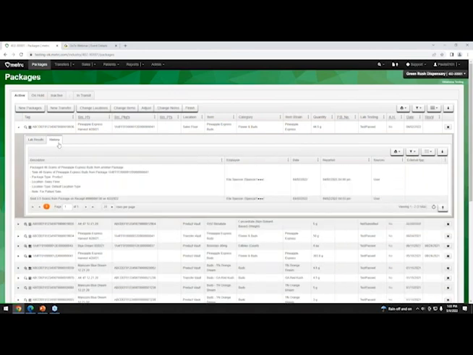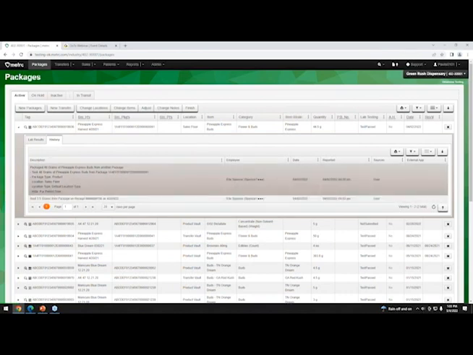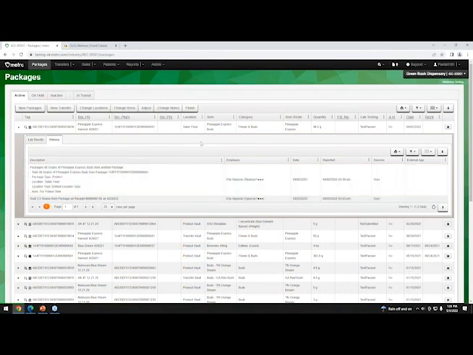So that'll show you who did what with this package. Everything's timestamped. But the only thing I'll note here is the date versus reported. So date means what you input as the date of the action. Reported is when you actually did the action or when you input that action into Metrc. So we'll close this down. And we're going to talk about transfers.